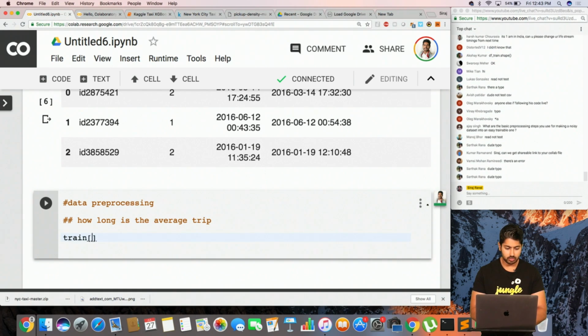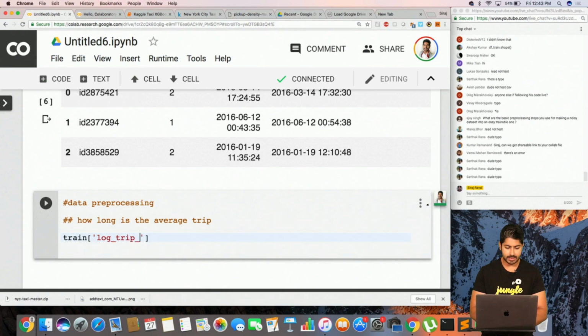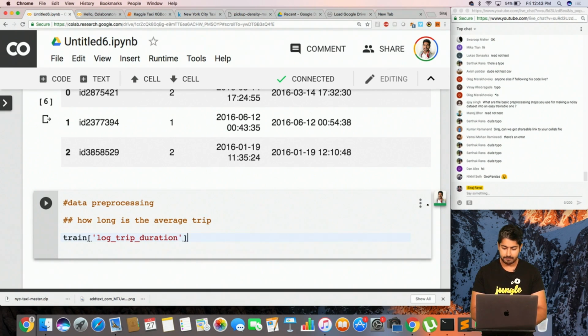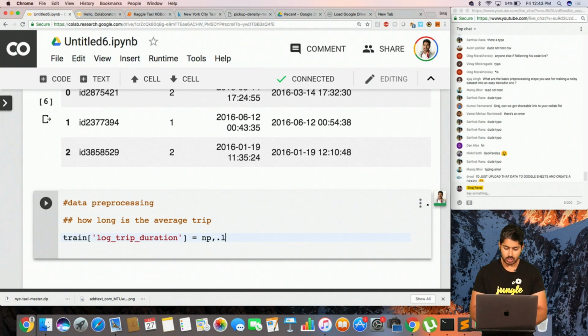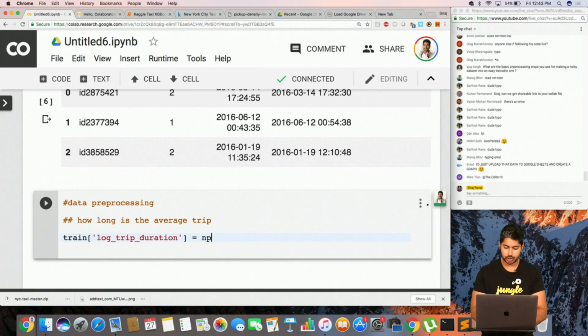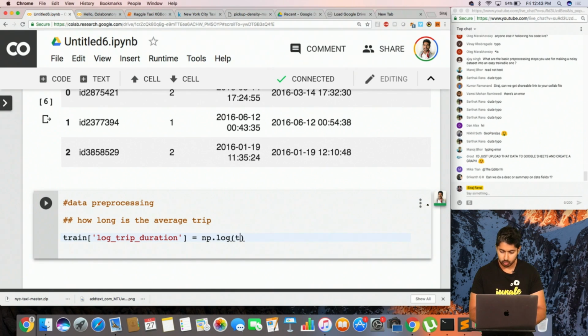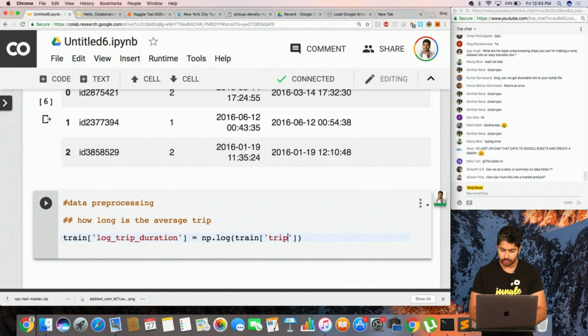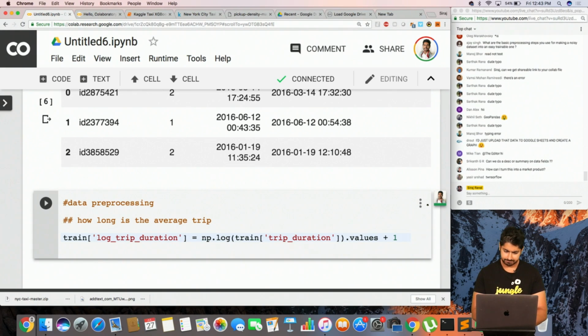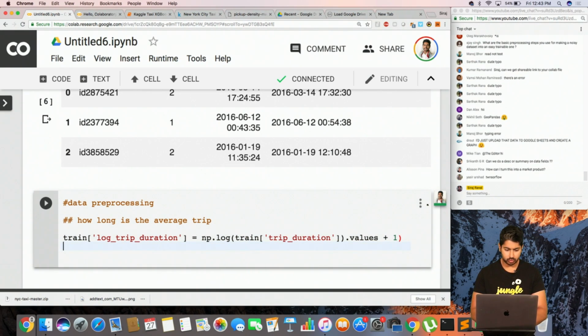And what we can do is take that trip duration feature. We'll use NumPy's log function to regularize that feature, so it's going to be easier to visualize as a logarithm. Let's add 1 just to make sure that it's not overshooting the graph.